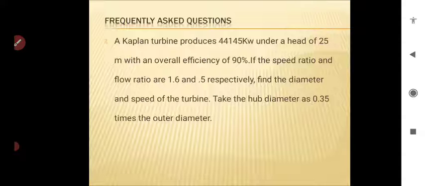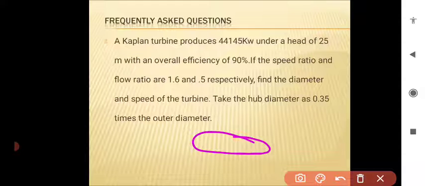It is similar to the earlier problem. What is the last problem we solved? It is similar to that. So first we have to calculate Q, and then we have to find the diameters, and finally we have to calculate the speed of the blade, and then the speed of the turbine N. So first, we have the flow ratio,